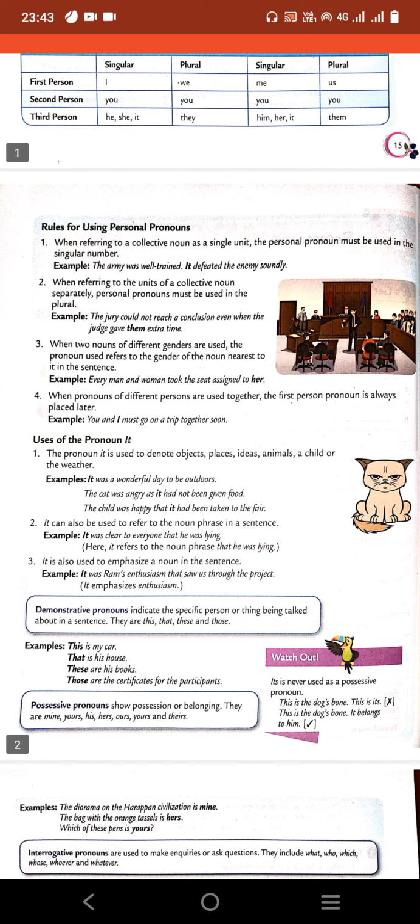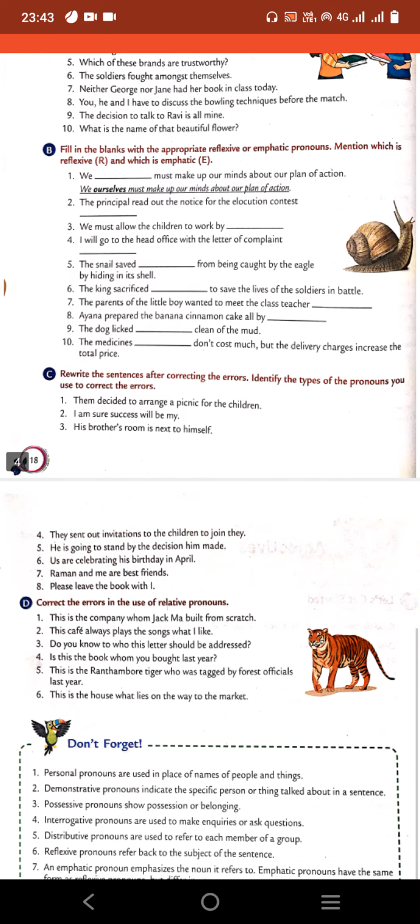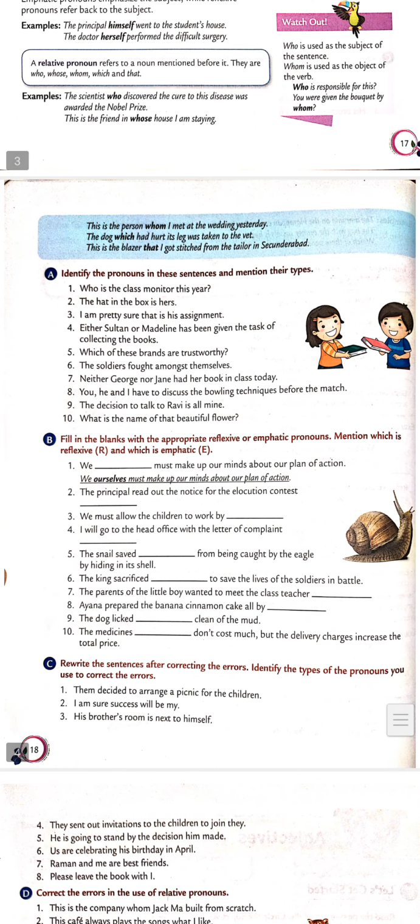His is possessive pronoun. Now come to the next question, students. Either Sultan or Madeline has been given the task of collecting the books. So either is distributive pronoun. Next, which of these brands are trustworthy? So which is